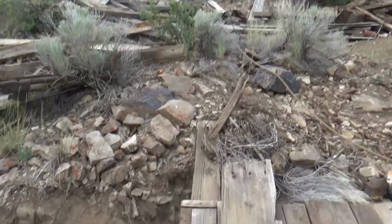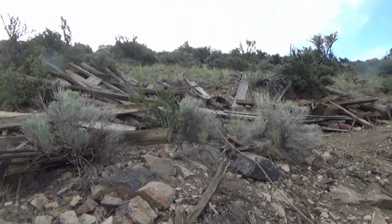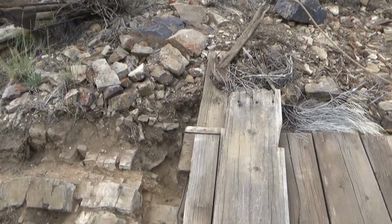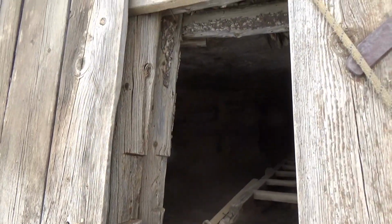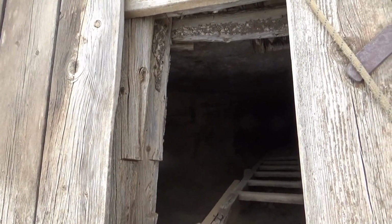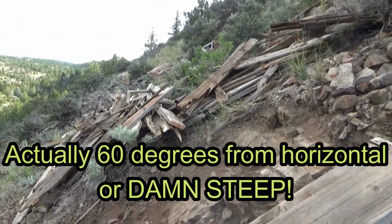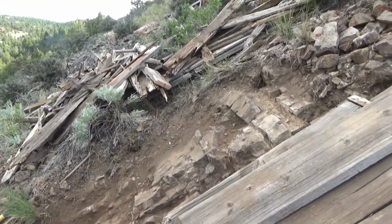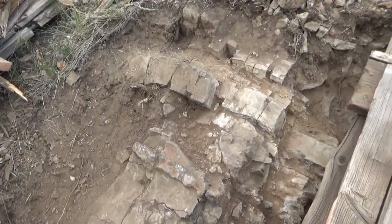Now, this entire ridge is a bunch of sedimentary rocks that's tipped up at 60 degrees roughly. There you can see the layering, and that's at about 60 degrees from vertical when we're looking down that. That'll give you an idea there. And what we have here,